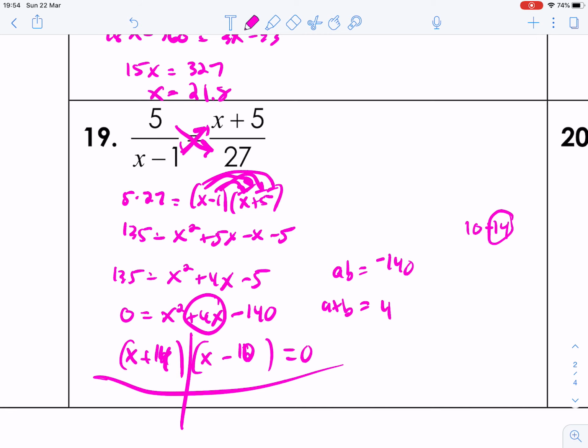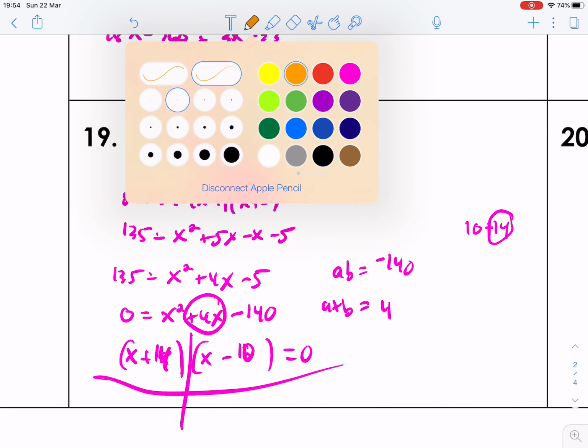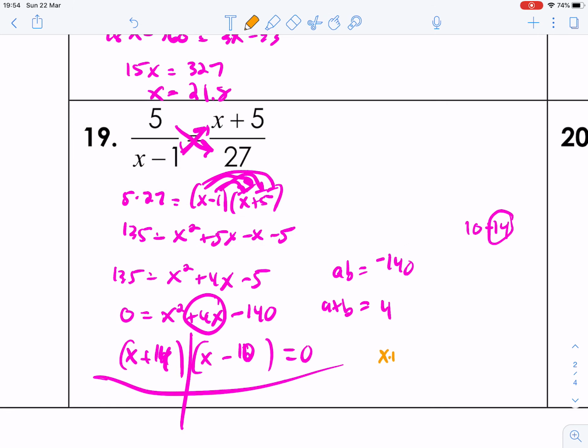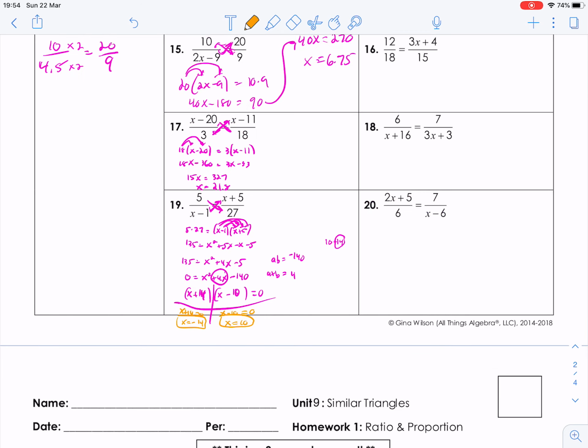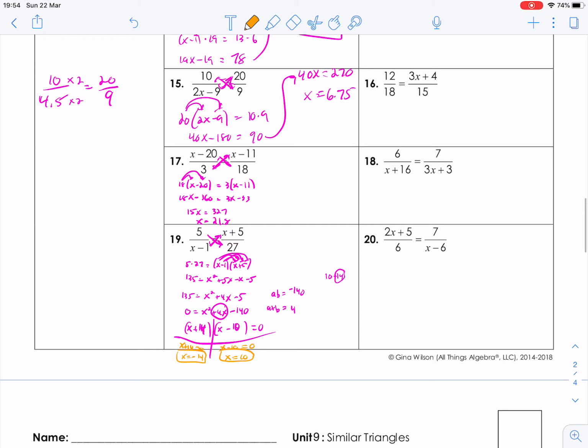So we set each equal to 0. So we get x plus 14 equals 0, and x minus 10 equals 0. So x equals 10, and x equals negative 14. We have 2 solutions. Nice. There we go. So that is 9-1. If you have any questions tomorrow,